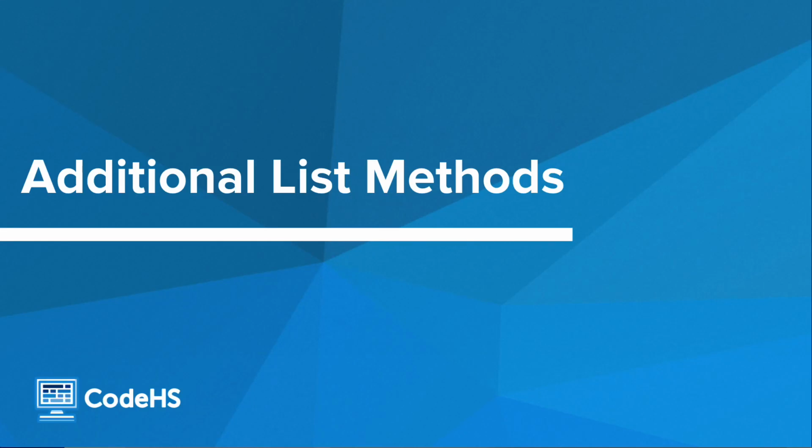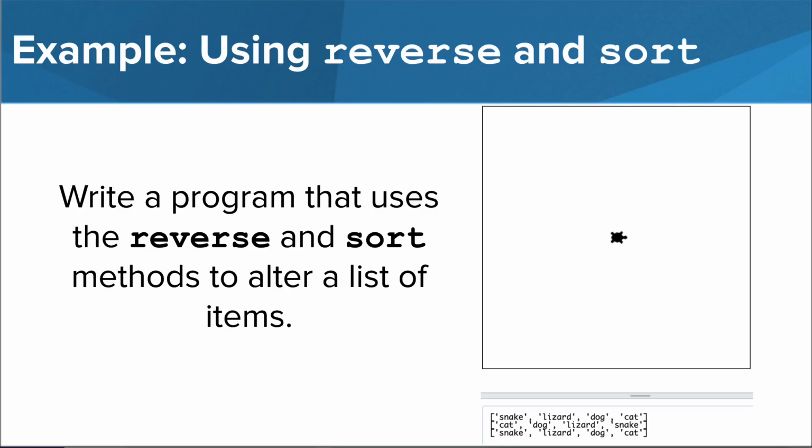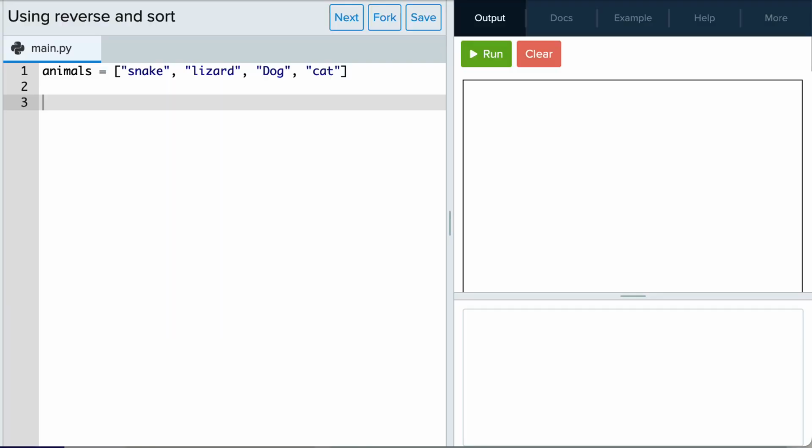Now let's dive into an example in the editor. In this program, we'll use the reverse and sort methods to alter a list of animals. To start, we have a list of animals. At the end of the program, we want the list to be in reverse sorted order, which means we want